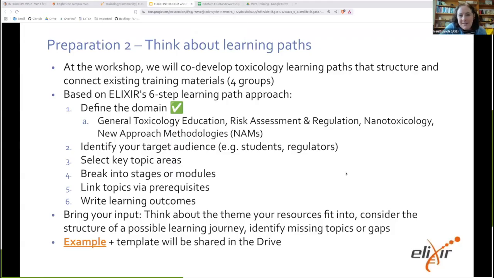Egon, Martin, Marvin, anything else you wanted to add on that one? No, nothing else than I do need to think about. What I will try to do is indeed think of the learning paths that I would select during the workshop. I don't know how the workshop is going to work out, but I'm going. The learning path thing is definitely new for me as well, and I will have to step through this myself.